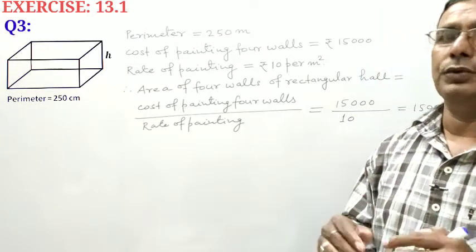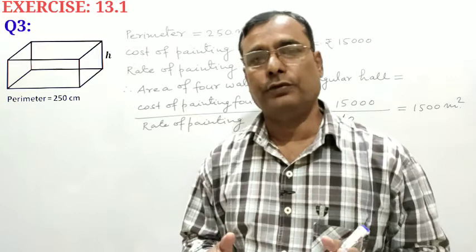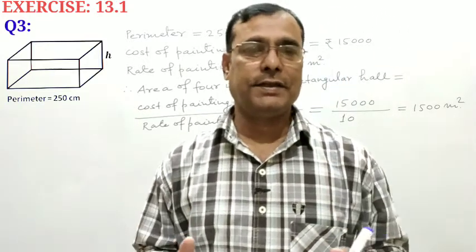This is area of four walls, and area of four walls is lateral surface area of four walls of a cuboidal room,